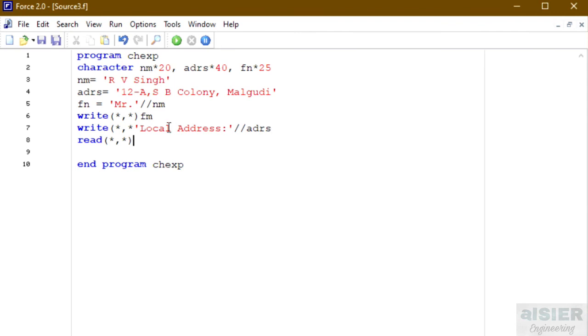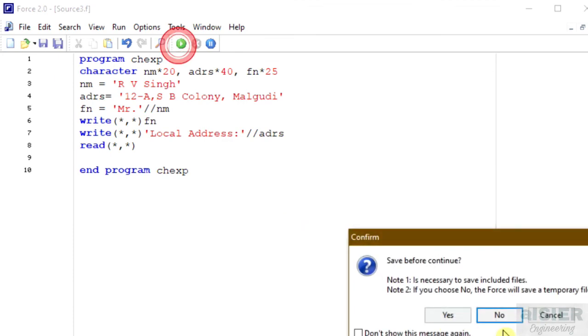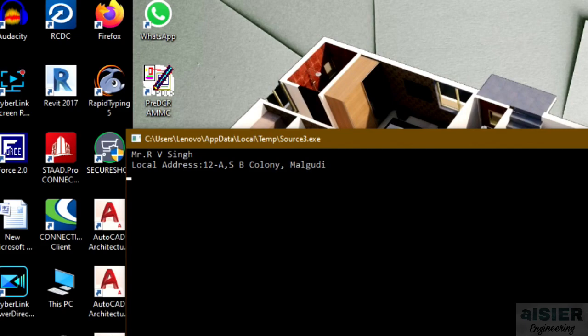Now what is the expected output? Local address colon and then 12-A SB Colony and Malgudi. Okay, so let us try to run this one. Yes, now here we can see the output. It is Mr. RV Singh and then local address 12A SB Colony, Malgudi.